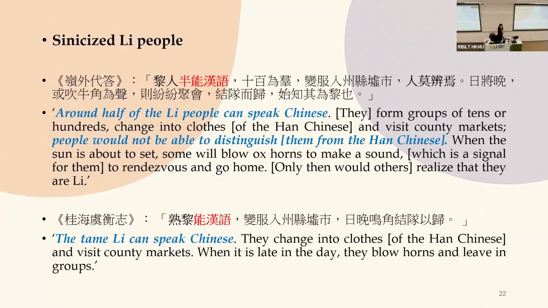And with prolonged cohabitation and frequent contact in both economic and possibly family life between non-Han and Han people came the incentive or even pressure to acquire each other's language. So both Lin Wai Dai Da and Guihai Yuhengzhi note that a significant portion of the Li people could speak Chinese, and one would not be able to recognize that they are non-Chinese, especially when they were wearing Han Chinese clothing. And this is a telltale sign of their Chinese proficiency. And as a corollary, bilingualism or even polylingualism might have been quite common at the time, especially among groups of the Tang Li.